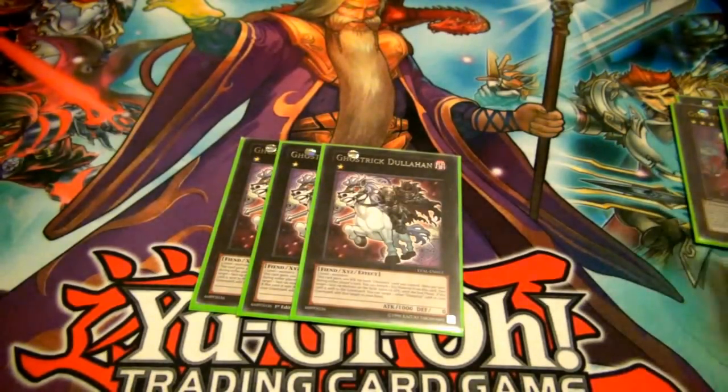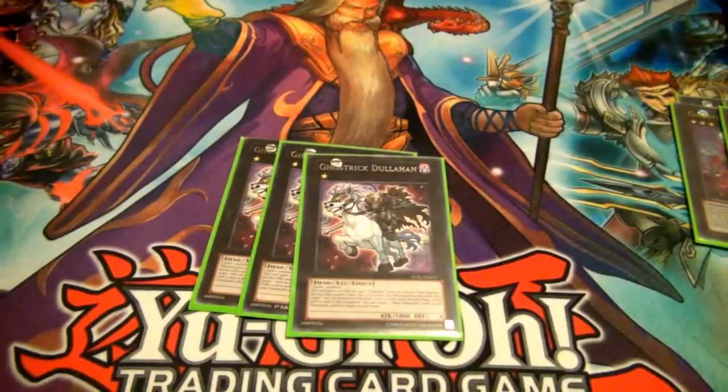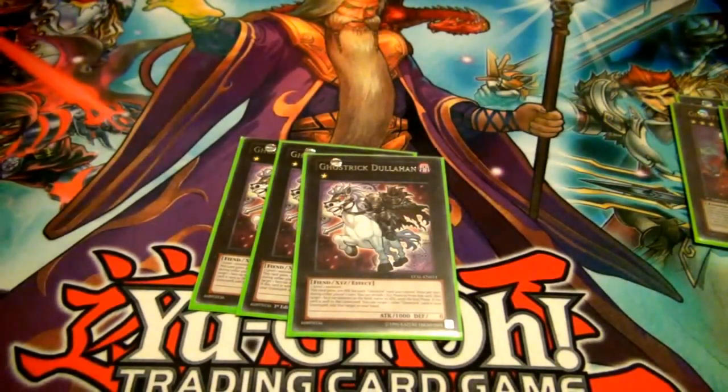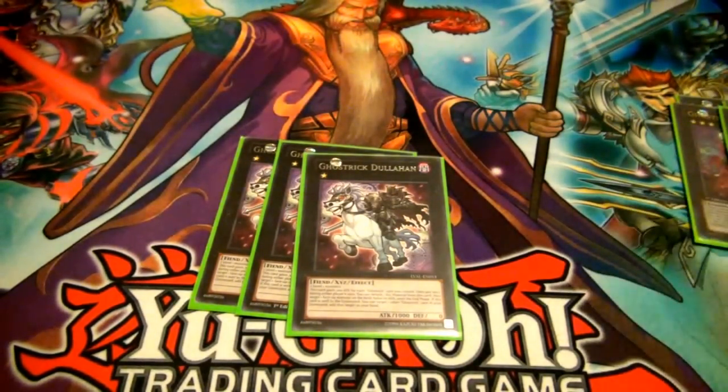It gains 200 attack for each Ghostrick card on the field, including itself, so it's already starting off at 1200. And with the field spell on, because you're gonna have that field spell, 1400. You got Knight on the field, 1600. And if you got other XCs on the field, its attack can pretty much go up and it becomes your beater. Its effect is you can attach a material from it, target one face-up monster on the field, and halve its